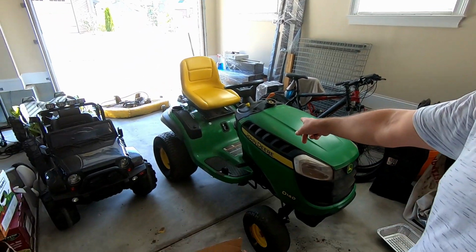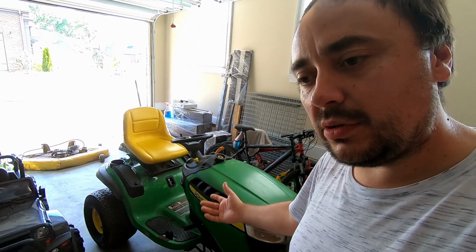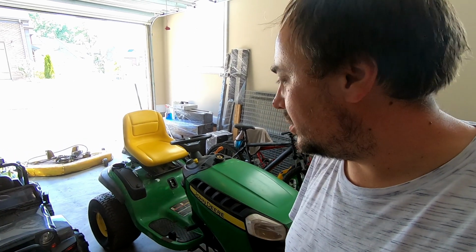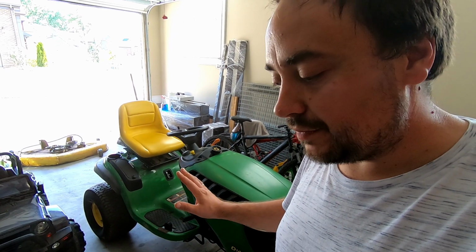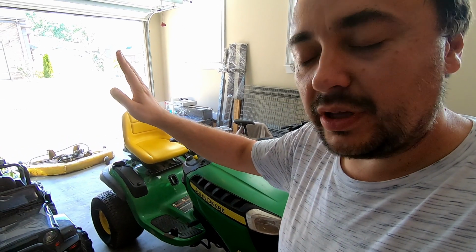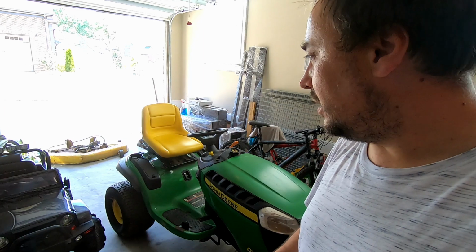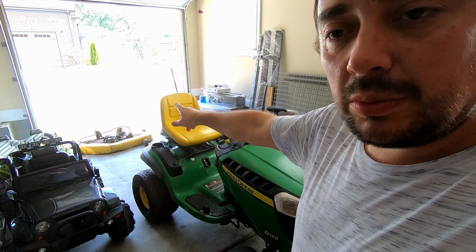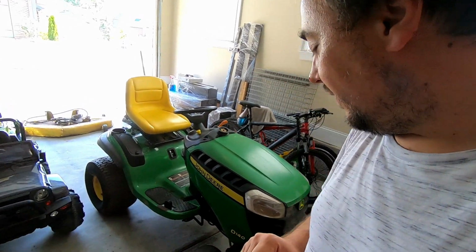Hello YouTube. Recently I purchased a cheap John Deere lawn tractor, this one from Facebook Marketplace. I purchased it for $300 and, as the previous owner told me, it had a few issues. The first issue was it didn't drive up the hill, so the transmission was slipping or something. Another issue was a problem with the deck. And the third issue I found is